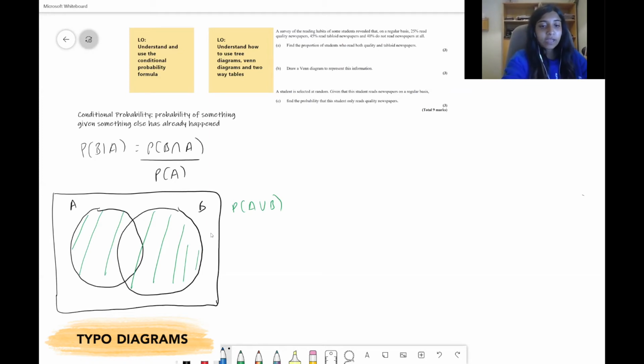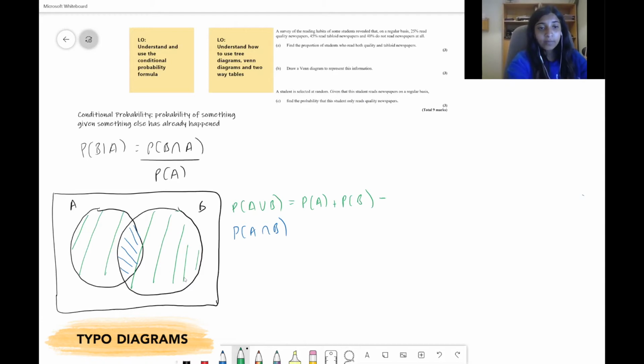Then if you were to write down the probability of A intersection B, so the probability that an event is both A and B, so not either A or B, which was a union, but both A and B, then that would just be this blue bit in the middle, and that represents your probability of A intersect B. So then if you were to work out the probability of A union B using probabilities, that would just be the probability of your whole A, which is that whole circle here, probability of A, plus the whole probability of your B,